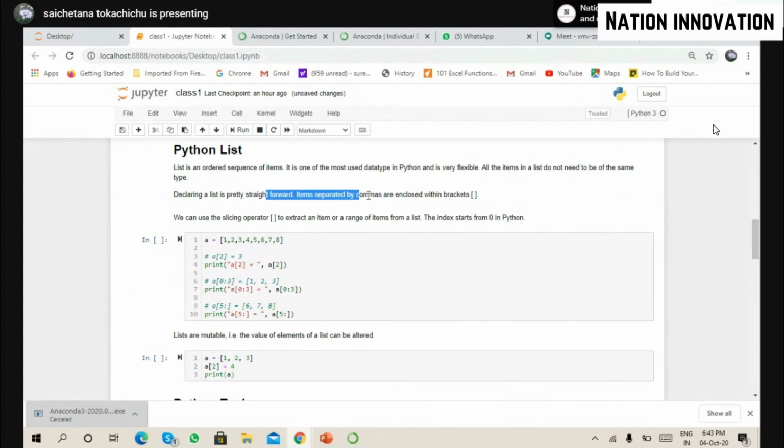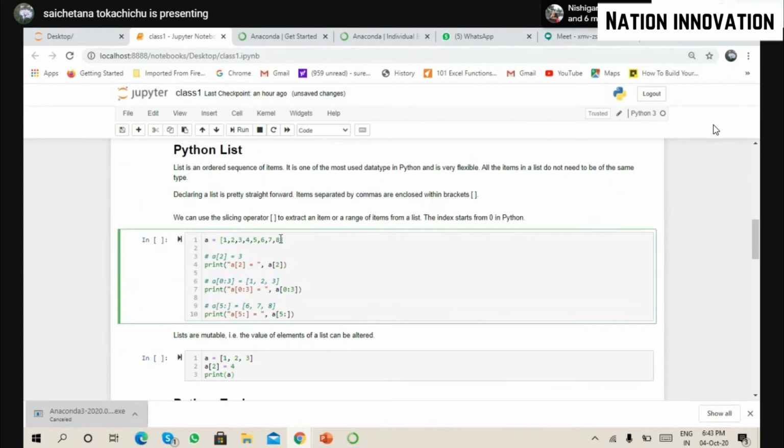And in this, you need to keep in mind that it does not always have to be of the same nature. Our list may be a combination of different variables. It can be a combination of integers and floats. It can be a combination of text and numbers. So it is a mix, but it is just an ordered list.